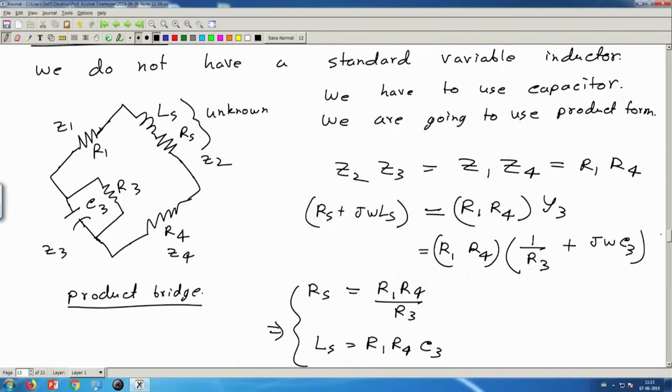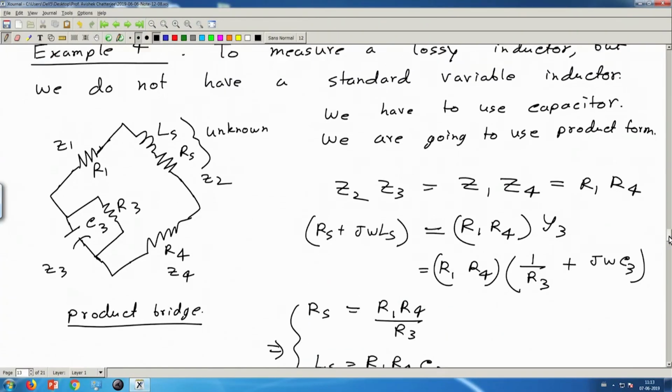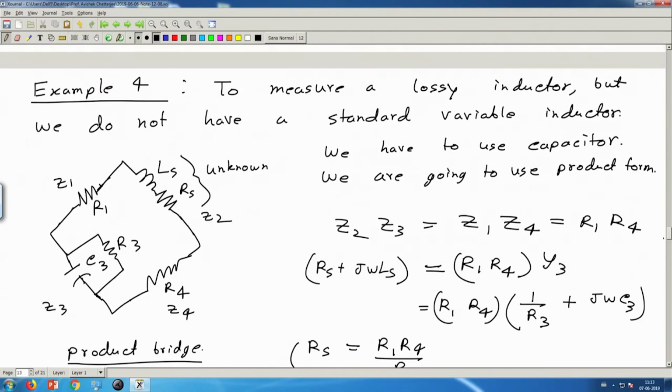Welcome back. We are studying AC bridges, and in our last class we talked about product bridge and ratio bridge. The idea is, if you make your bridge either in the form of a product bridge or a ratio bridge, then the balance equation becomes very simple to derive. In the last class we took some examples, and the last example was about measuring an unknown inductor,